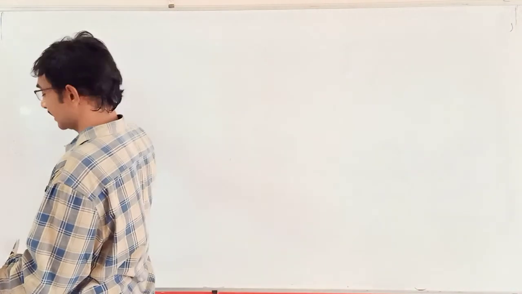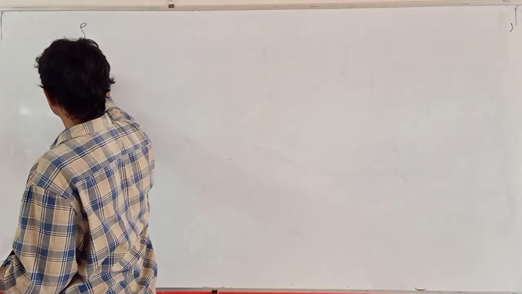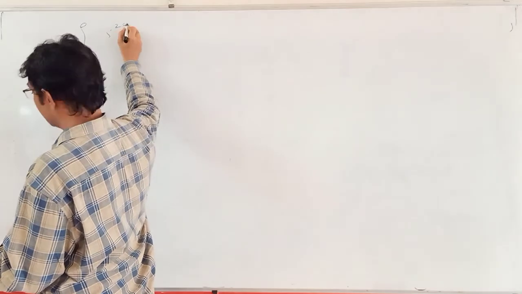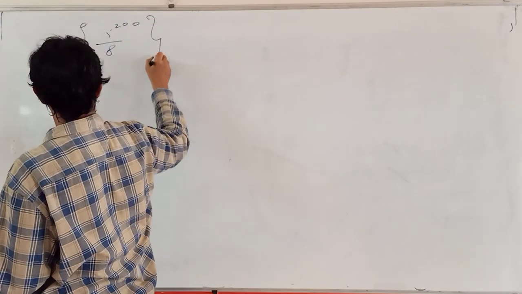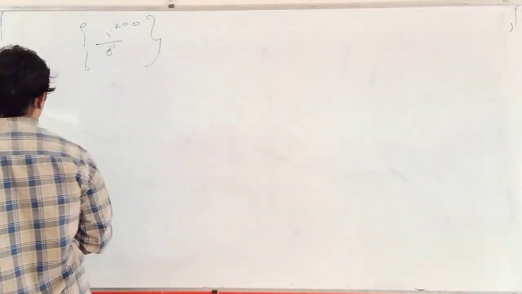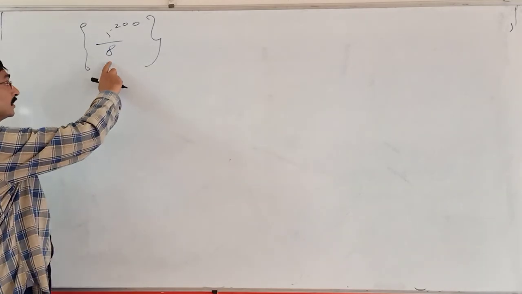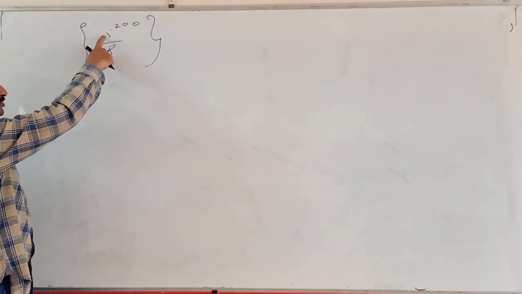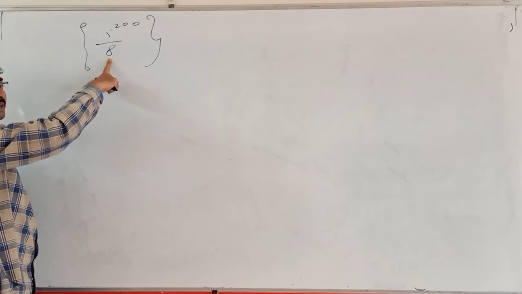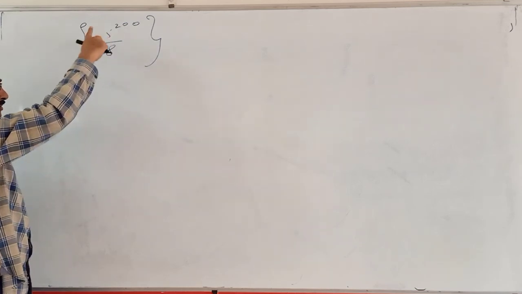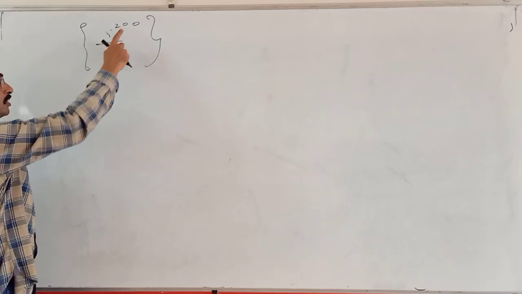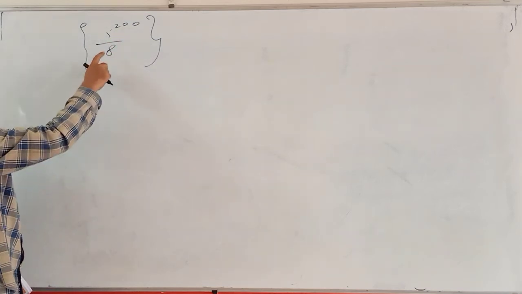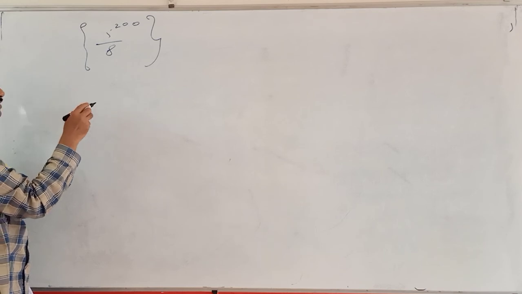See, next, a similar model: the fractional part of 5 power 200 by 8. So the relation between 5 and 8: 5 square is 25, and 8 into 3 is 24. So the problem here is nothing but finding the remainder of 5 power 200 divided by 8. That is nothing but 24.